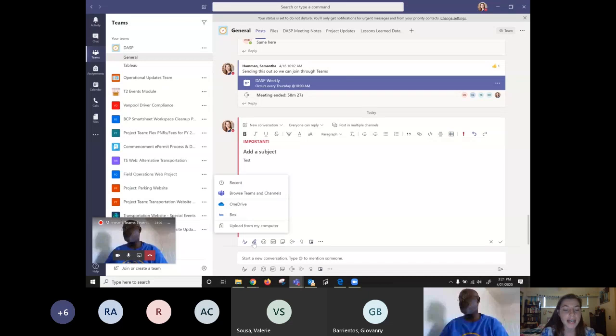You can, of course, make attachments. And now if you're in the posts channel and you attach something to your post, it is automatically going to be uploaded to this Files tab. So if it's something like a new SOP, a standard operating procedure that's pertinent to your whole team, it is automatically going to be saved under